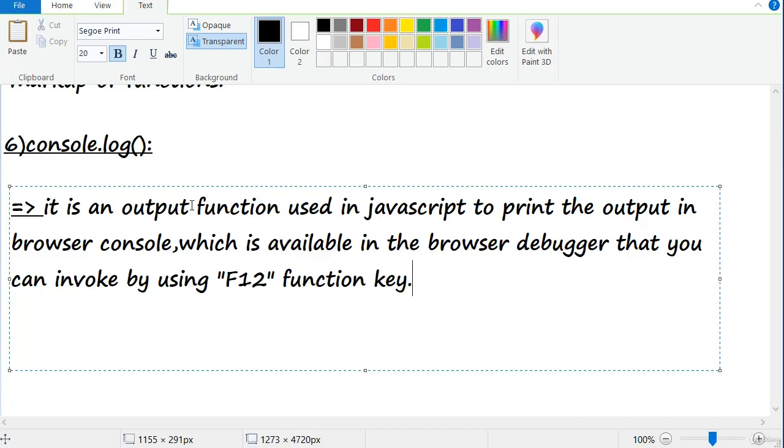So this is a note on console.log. We will see how to work with console.log.